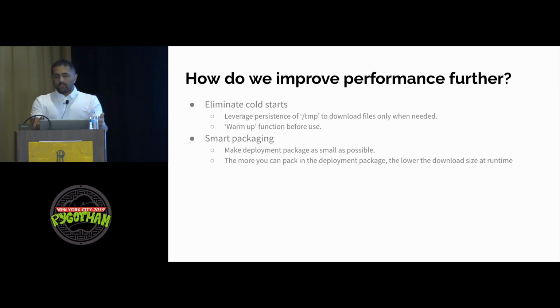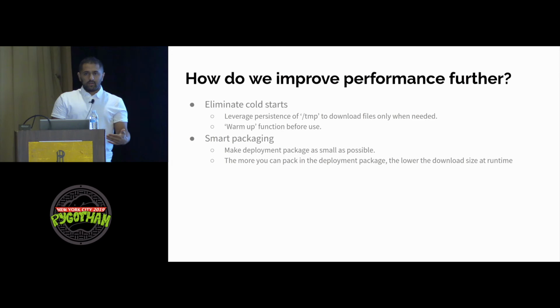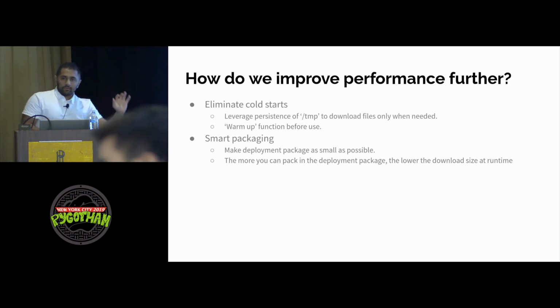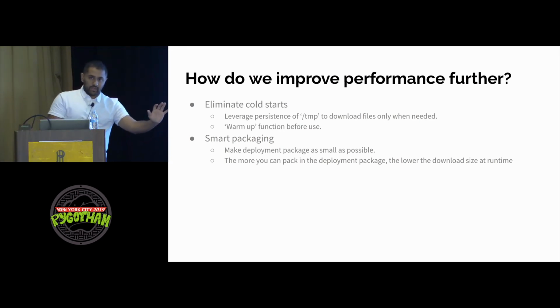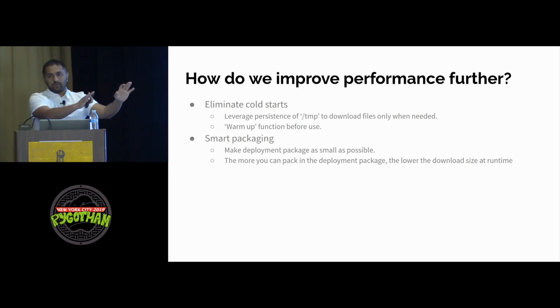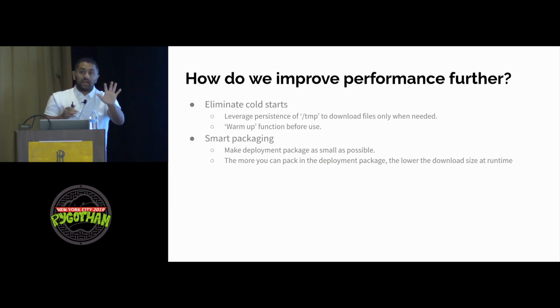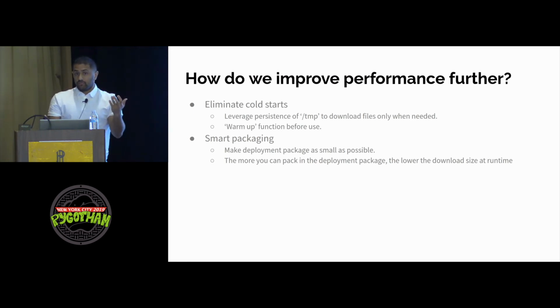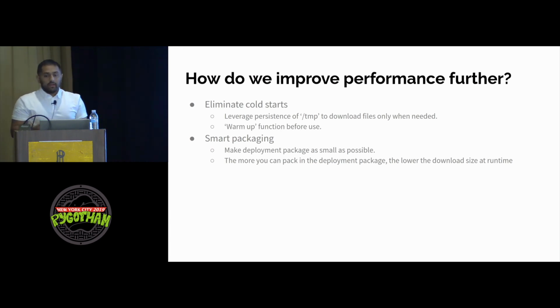So what we can do is warm up the function before we use it. What I mean by that is we can have a dummy run once, downloading whatever model and artifacts we need to temp. Now on the back end, AWS would have created a container image, and you've written that value to it, and that container is now kept alive. It's not killed, because in practice we found that AWS kills Lambda containers after about 30 minutes of inactivity. So the container has been created and the value is written. Now, what if we could warm it up before we use it?